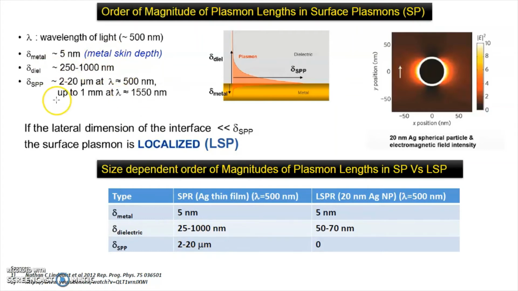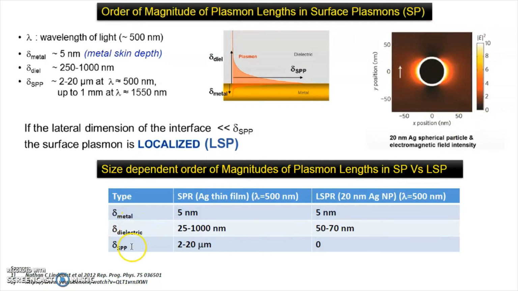Okay, that is what we have seen here. But here, if you see, this is the origin, and in the x direction, positive or negative, you can go in any direction. But if you go away from this zero center origin, at most you can see 50 or 70 nanometer. Up to that, this delta dielectric is present, because this is air. This is the metal nanoparticle and this is the air or dielectric media.